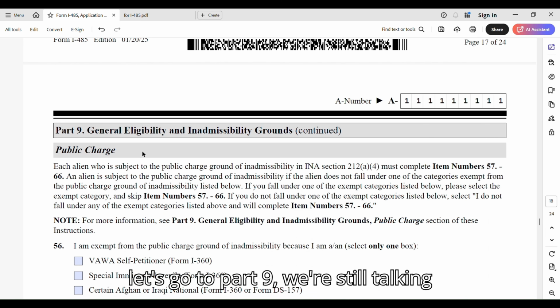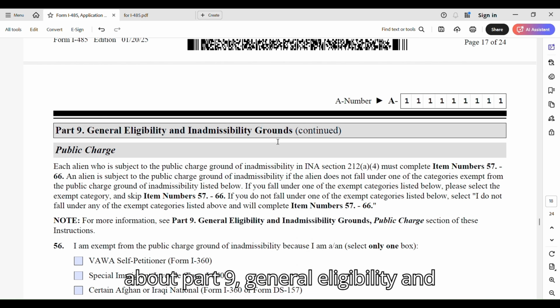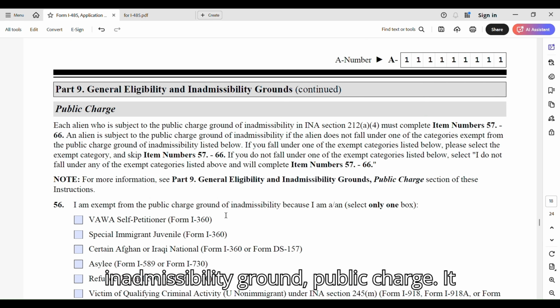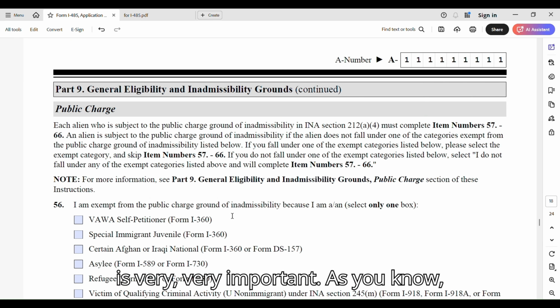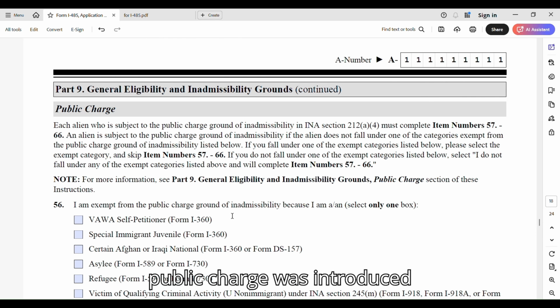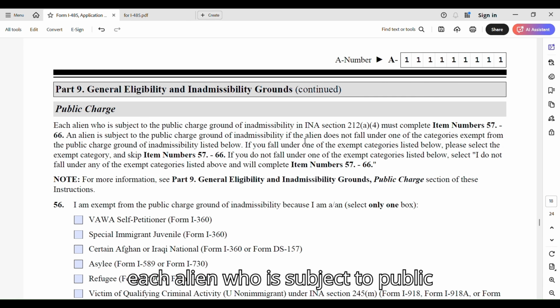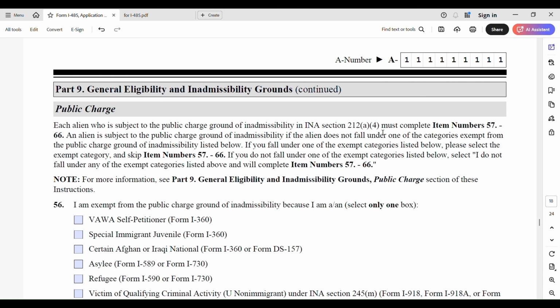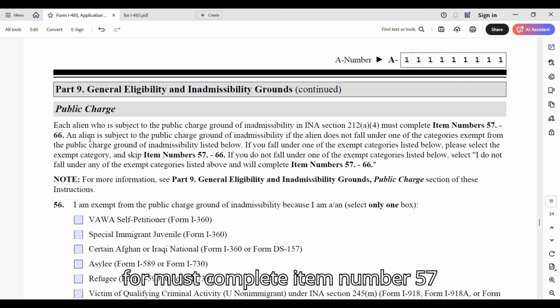Now let's go to part 9. We're still talking about part 9, general eligibility and inadmissibility grounds. Public charge. That is very, very important. As you know, public charge was introduced by Trump's first term. So each alien who is subject to the public charge ground of inadmissibility in INA section 212(a)(4) must complete